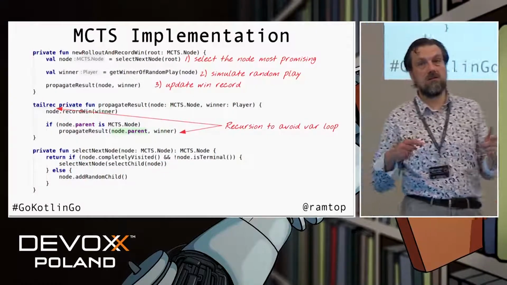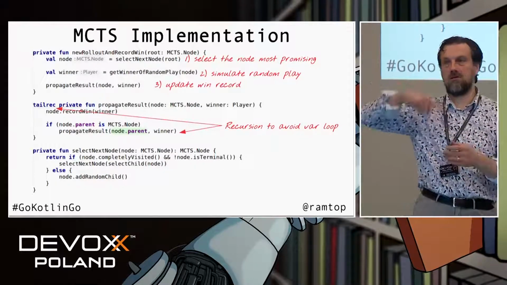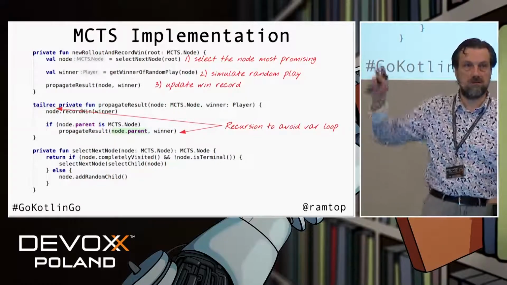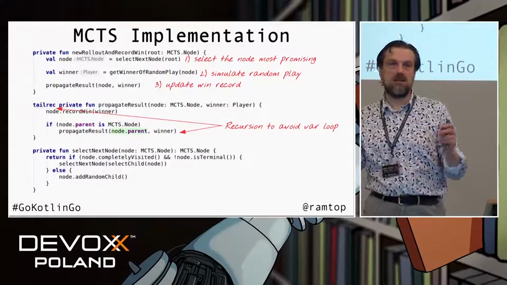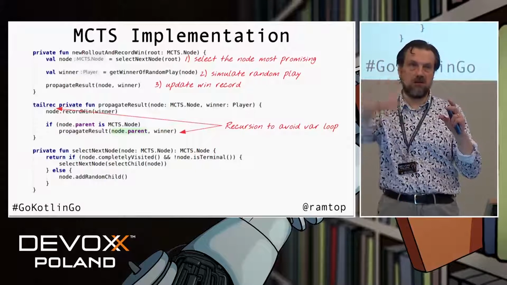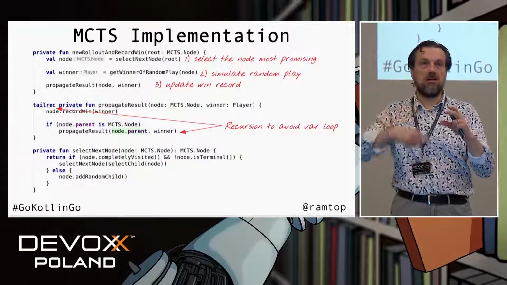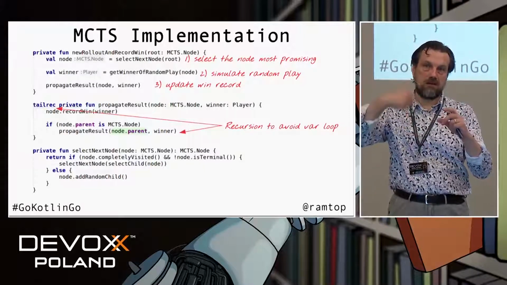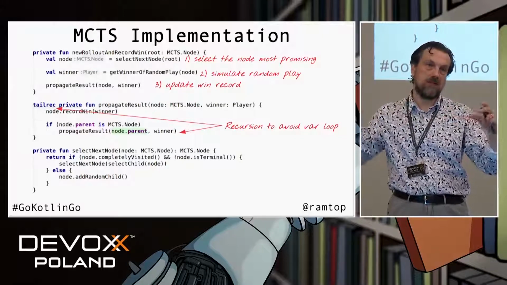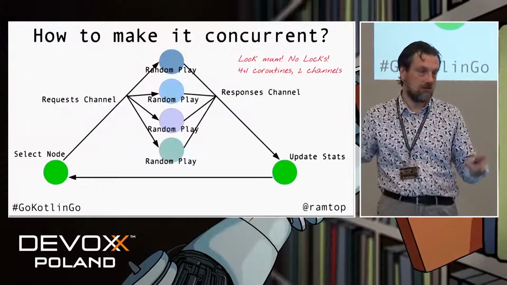How many of you know, who doesn't know what a tail recursion is? Okay, so the idea is that in Java, when you do a recursion of one function, it will put the result on a new frame on the stack. So if you do a recursion a lot of times, at the end you will fill all the stack, and then you have